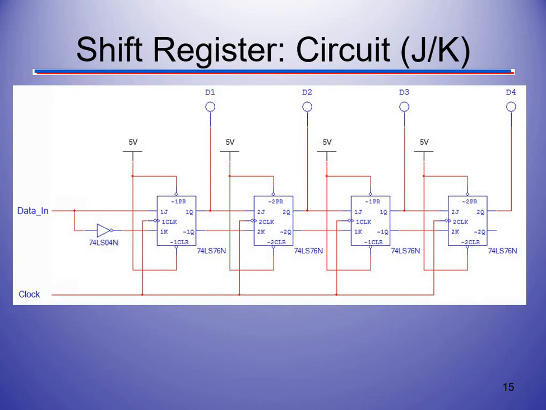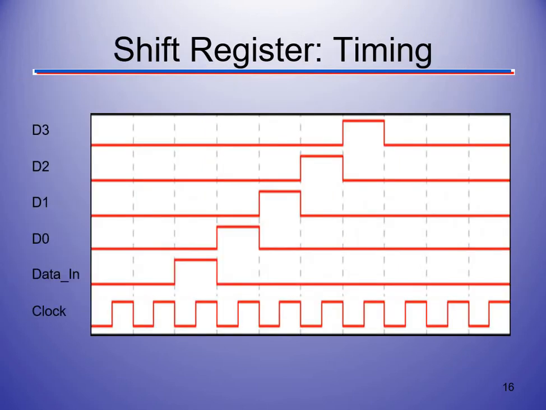Alright, so there's how we would do a shift register using a JK flip-flop. And we talked about JK flip-flops in the last lecture, so we should have an understanding. But as that shift register goes through, we're transmitting that data in, and D0 is where it goes through the first flip-flop, D1 is through the second flip-flop, D2 is through the third flip-flop, and D3 is through